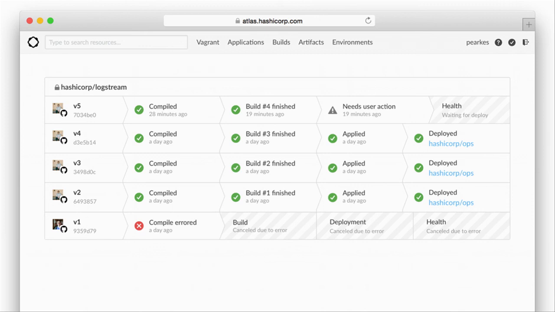You could completely build this process yourself using our open source tools. That's the idea, that you could do that. But for the folks that just want a solution, this is what you could see. It unifies everything together, even though this is coming from Vagrant, executing Packer, executing Terraform, interacting with Consul, and soon to be interacting with things like Nomad and Vault as well. It all just shows up in a single UI that you could follow through.